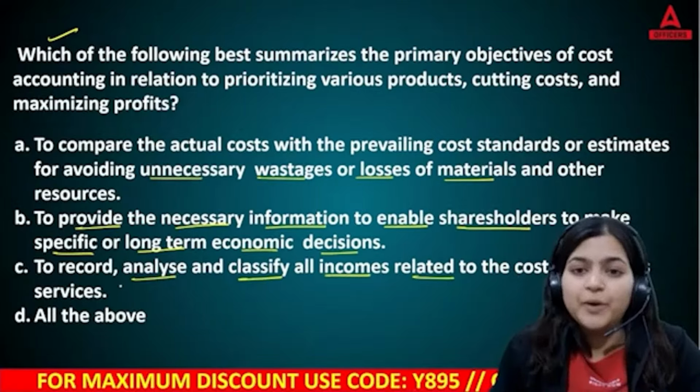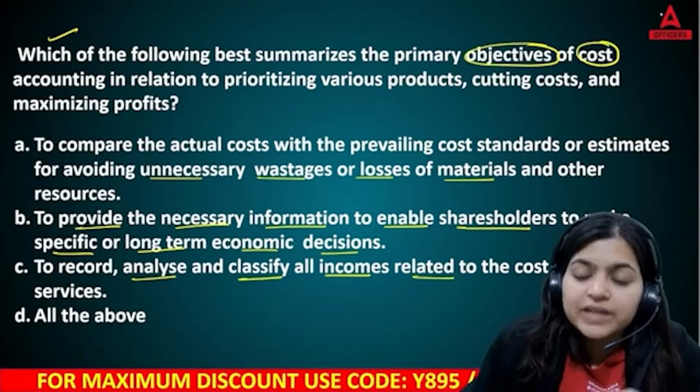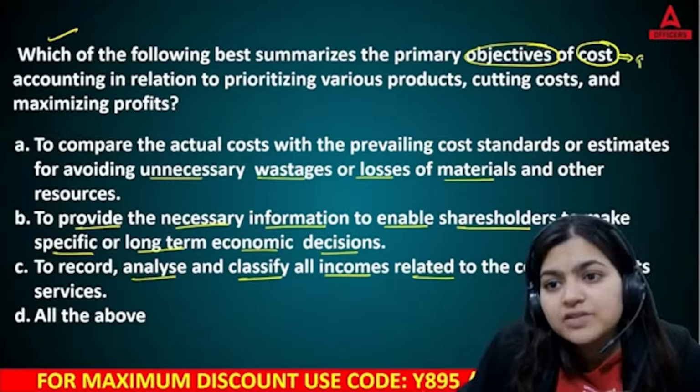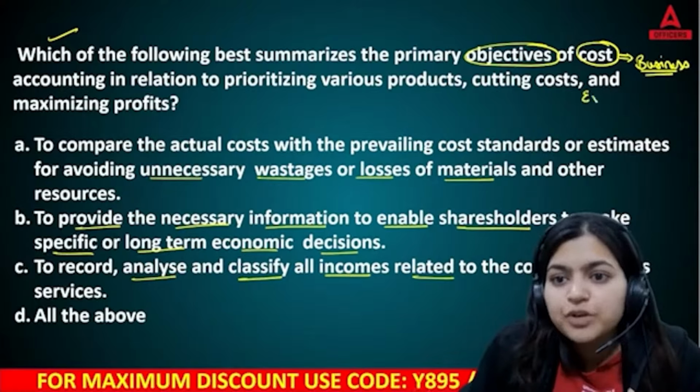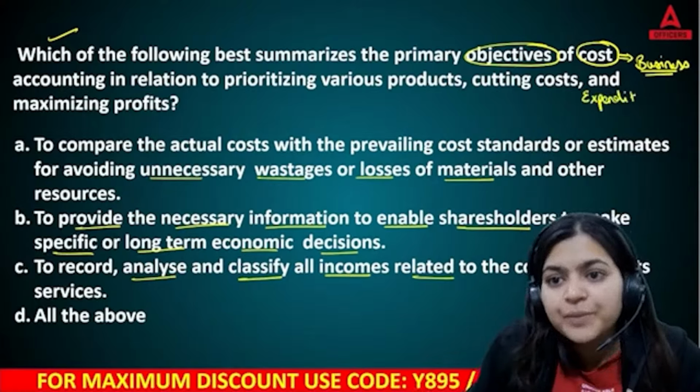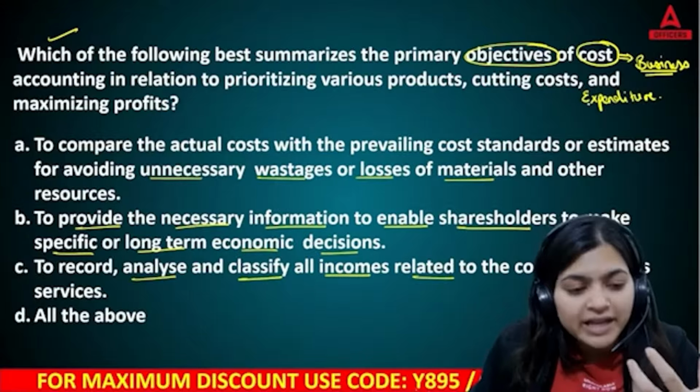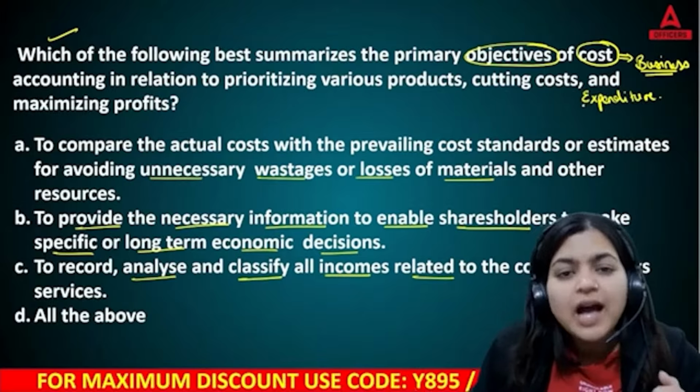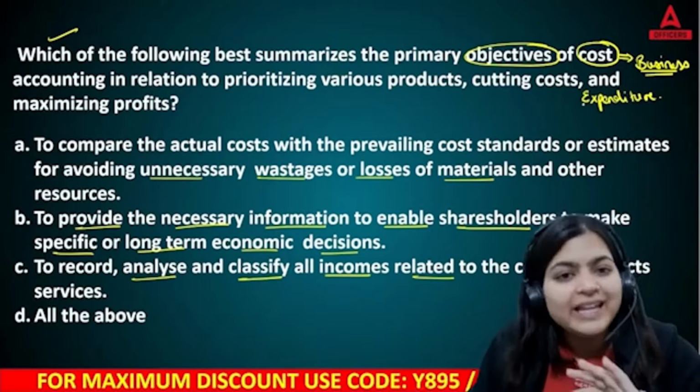So what is the objective? What is the objective of cost accounting? Yes. Now what is the meaning of cost accounting? See, this cost accounting is generally applicable on businesses. Like how much expenditure they are doing. Yes, for manufacturing, what are the expenditures they are doing? If they are incurring any unnecessary expenditure, how they can eliminate those expenditures, that is also cost accounting will tell. Here you can record each and every cost. Right? You can identify what actual amount is utilized to manufacture any product.